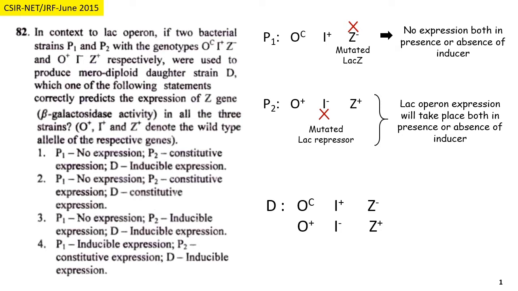Now coming to the merodiploid strain. Here we can see two sets of lac operons. In the first set, this beta galactosidase gene is mutated, so we don't have to talk about it. All we have to focus on is this wild type beta galactosidase gene and in what condition it will express its product, that is beta galactosidase enzyme. Now if you look at the operator, this is the constitutive operator and it will regulate the expression of this beta galactosidase gene, which we are not going to discuss. This is a wild type operator and this is going to regulate the expression of this wild type beta galactosidase gene.